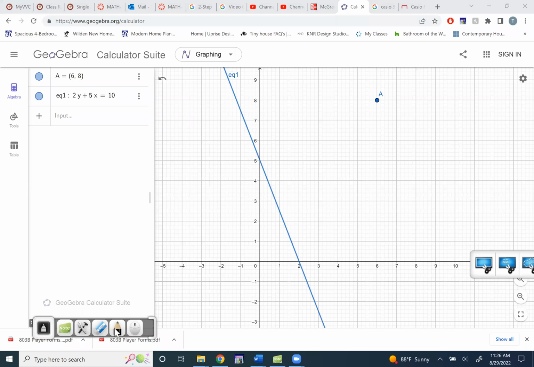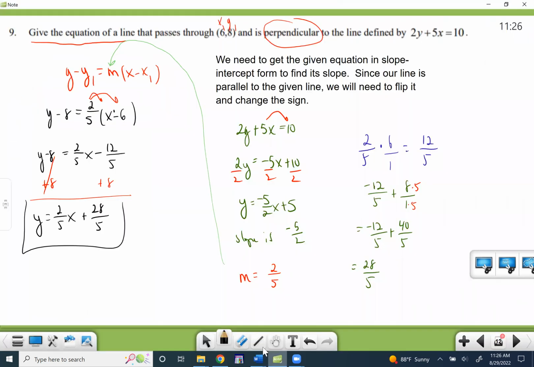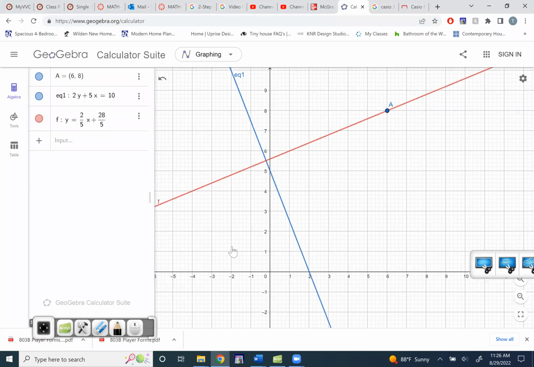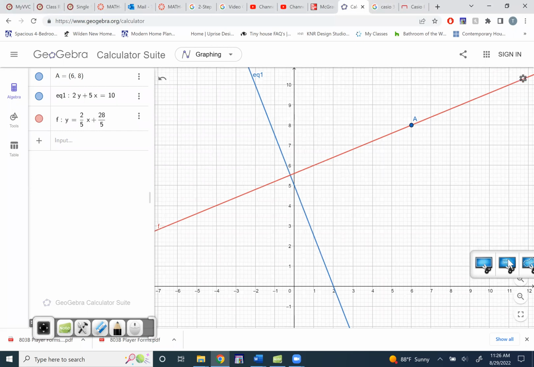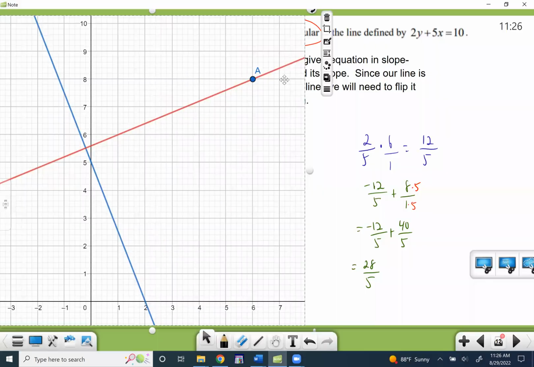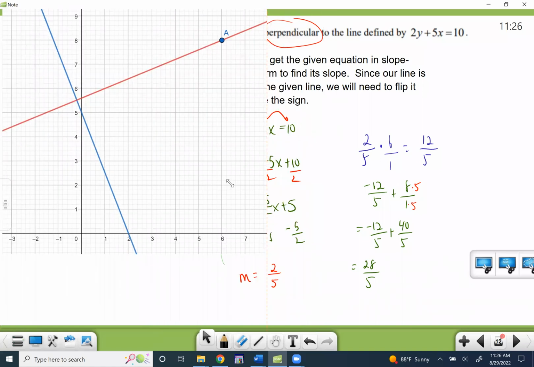Perpendicular. So that means we want our line to be something like this, where it's going to make like a 90 in there, right? So let's go ahead and type in what we got for our 2/5 x plus 28/5. Yeah, that looks awesome. Okay, it goes through the point. Got to do two things, right? It has to go through the point, which it does right here. And then it also has to make a nice 90 with